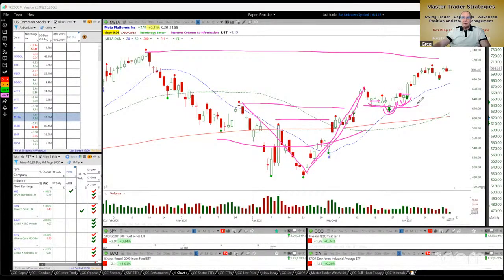Should stops be the head or the shoulder? Stops should be the shoulder. Okay. So remember,